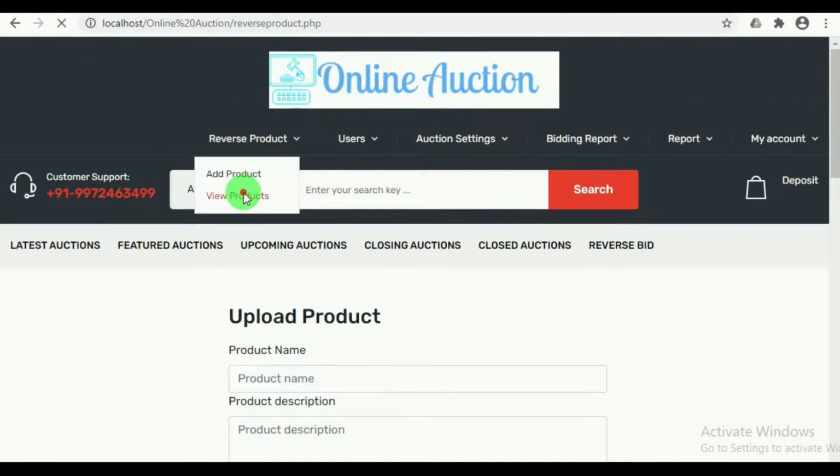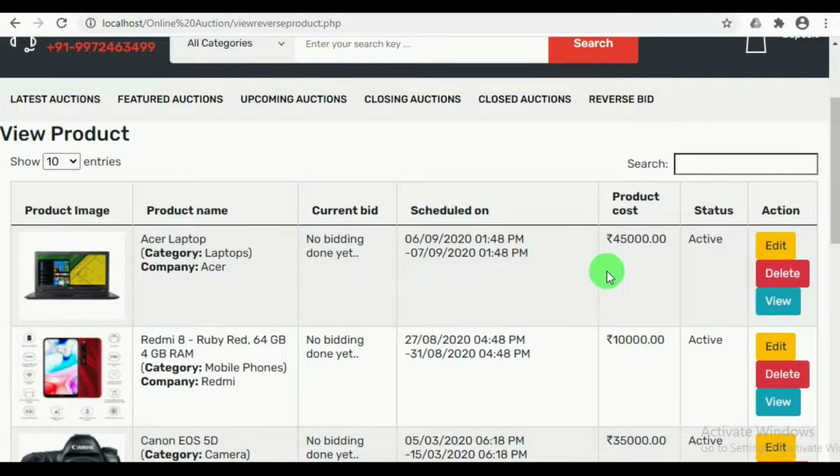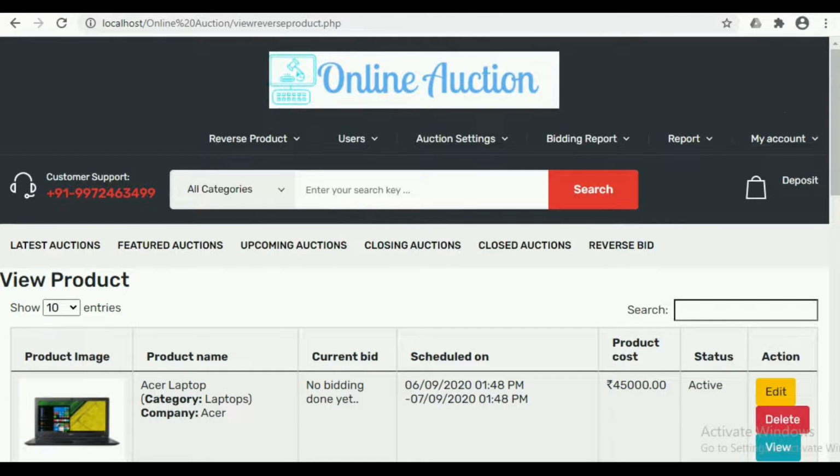Under view product, admin can view the various reverse bid products. Admin can also edit and delete the products. Let's log out as admin.